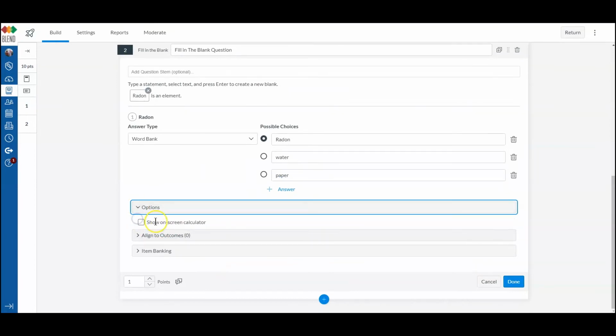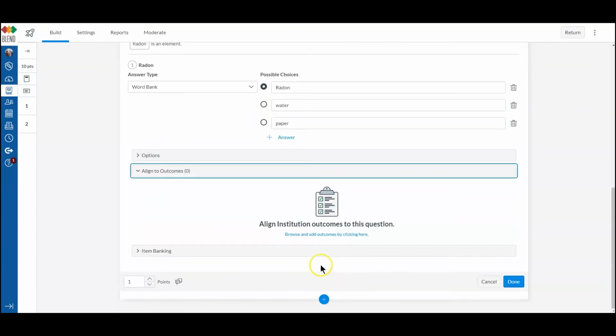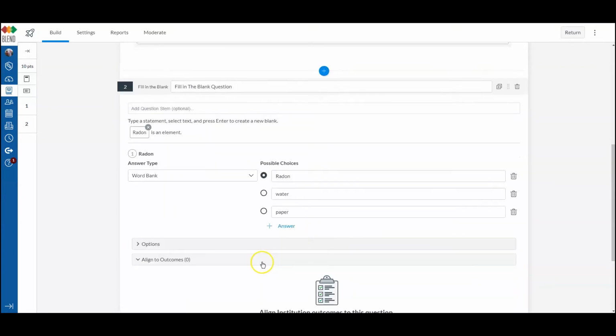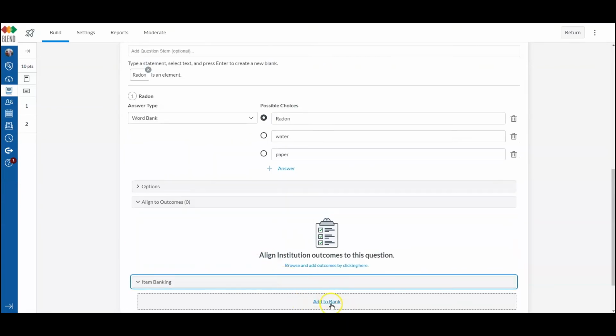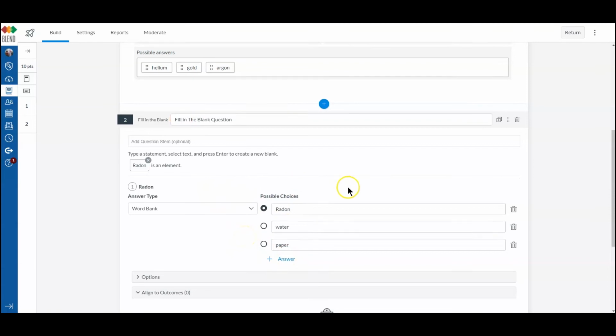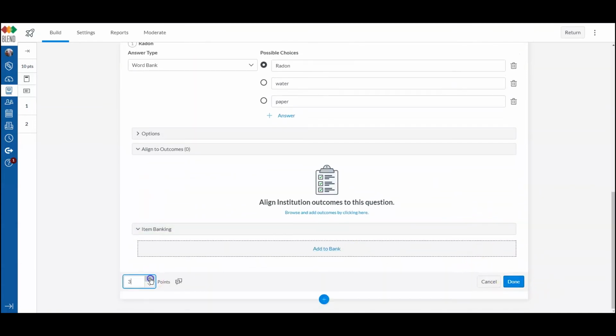So I don't need an on-screen calculator. I can align it to outcomes. And if I want to, I can add this to an item bank. Again, if you add it to an item bank, be sure that you make the question name unique enough so that you can find it in your item bank. So I'm going to go ahead and I can set the number of points this particular question is worth, and I may